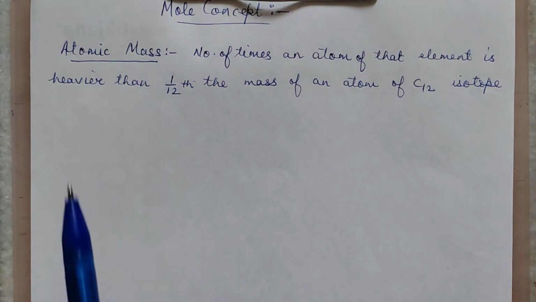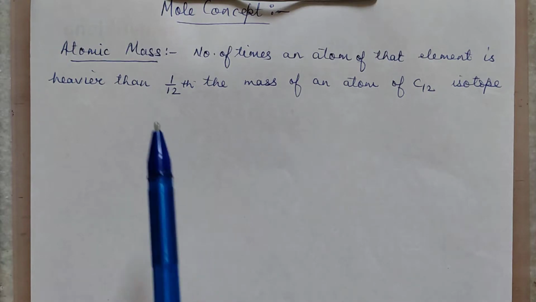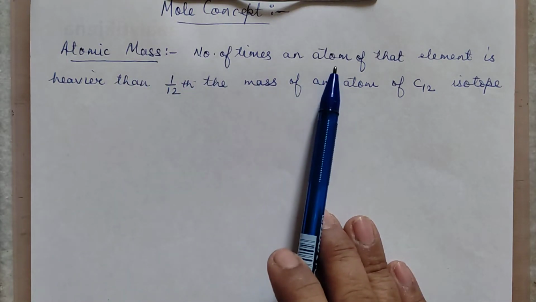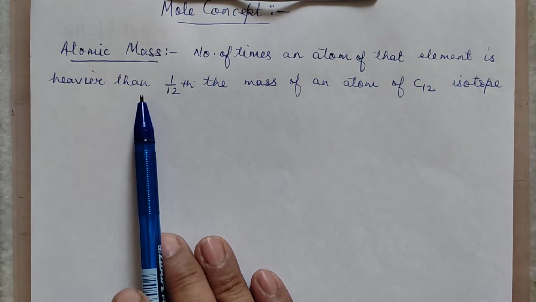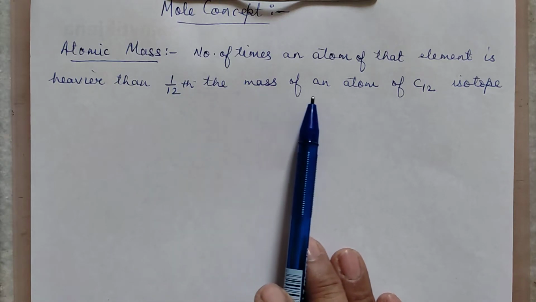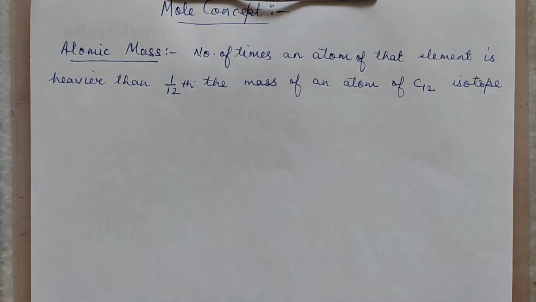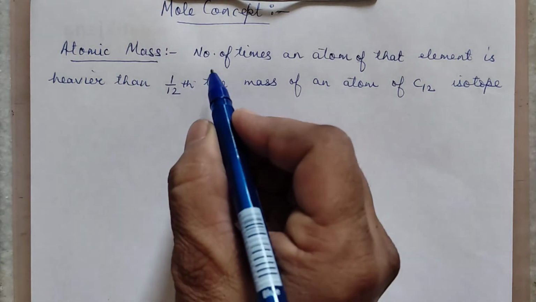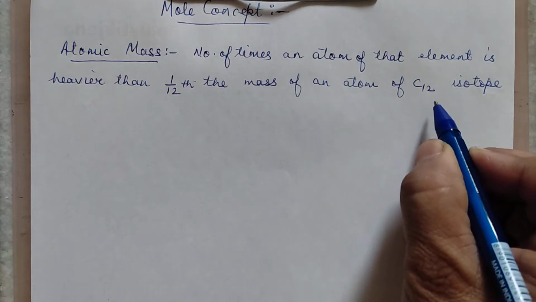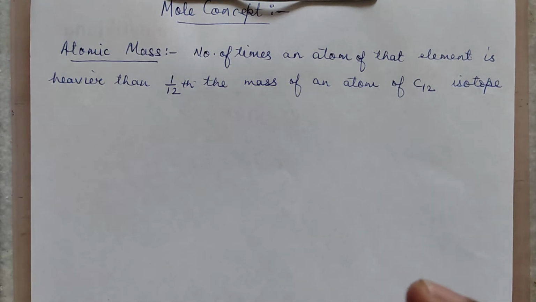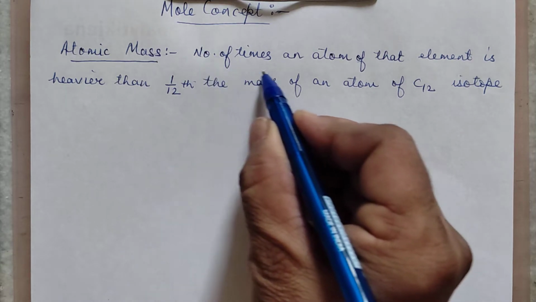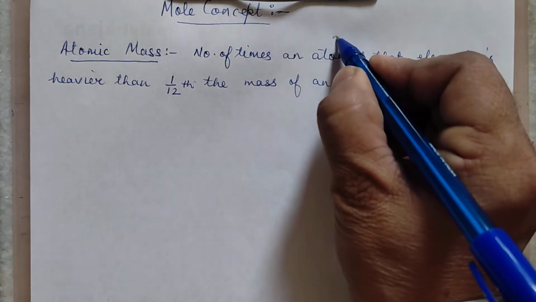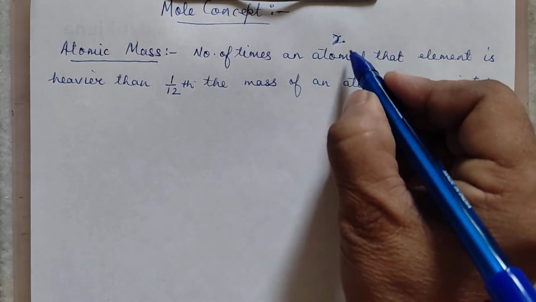Let's see what is the definition of atomic mass first. Now we define atomic mass as the number of times an atom of the element is heavier than 1/12 the mass of an atom of carbon 12 isotope. Now, the mass of carbon 12 is considered a constant. It's a fixed thing. With its reference, we are comparing the atomic mass of the others. Now, let the number of times be some value x. x times of